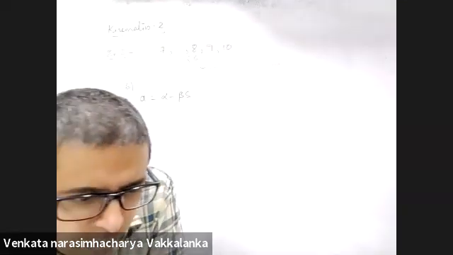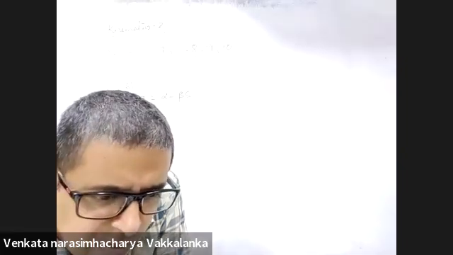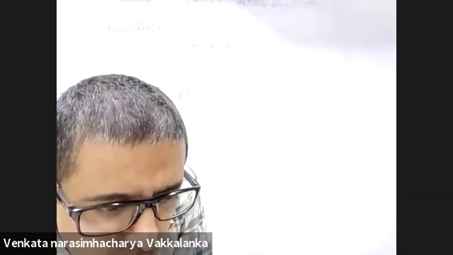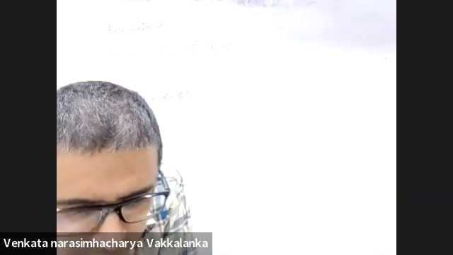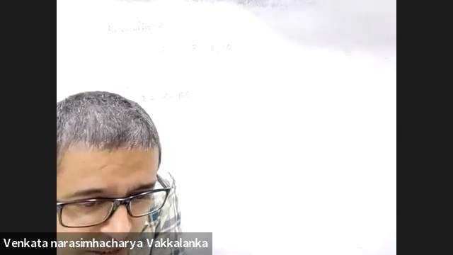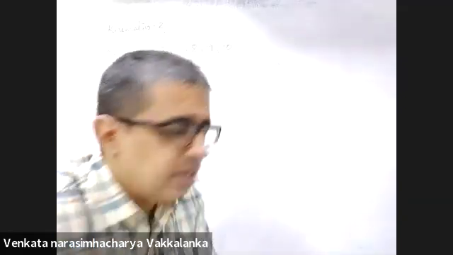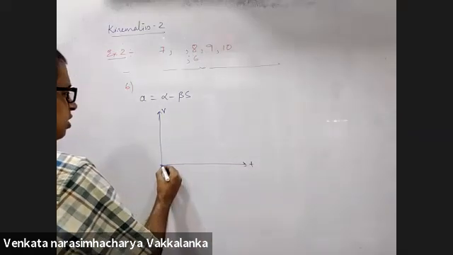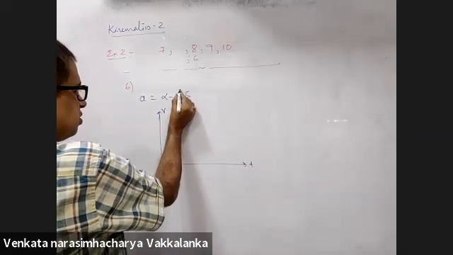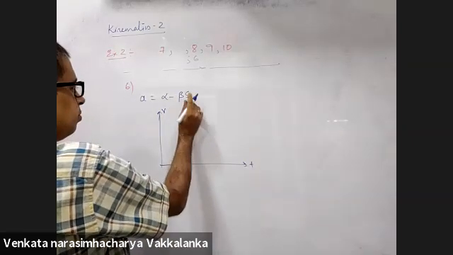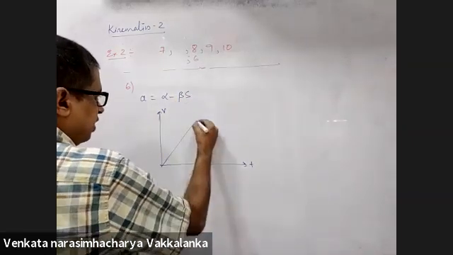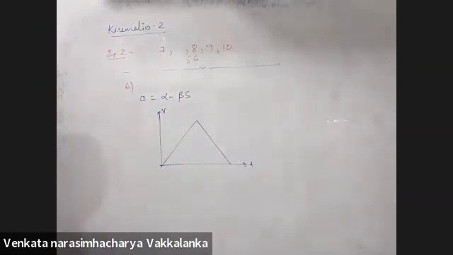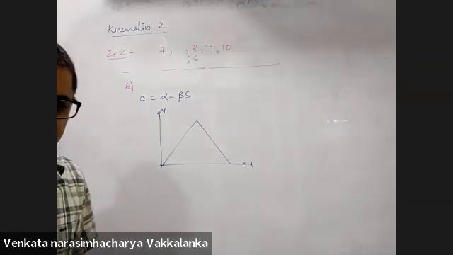See, the particle starts rectilinearly from station A with acceleration varying according to the law a equal to alpha minus beta s, and comes to halt at station B. As the distance is increasing, somewhere it will reach here. The v-t graph is like this. Initially acceleration is positive. As the distance is increasing, this will become greater and acceleration becomes negative.